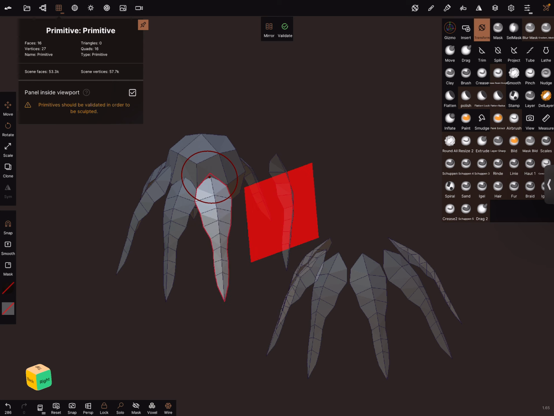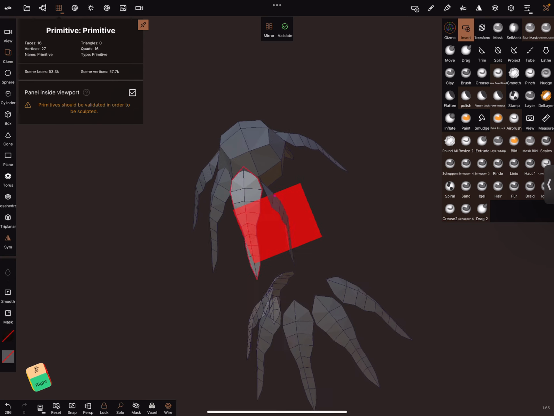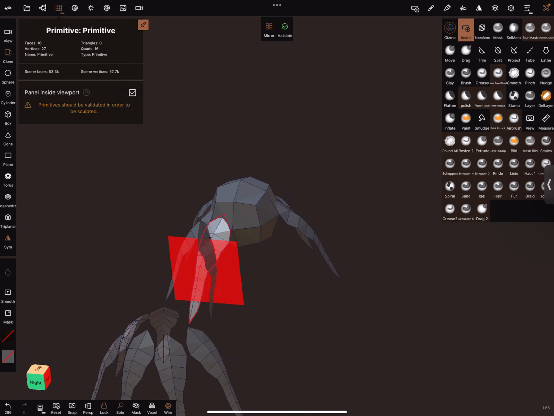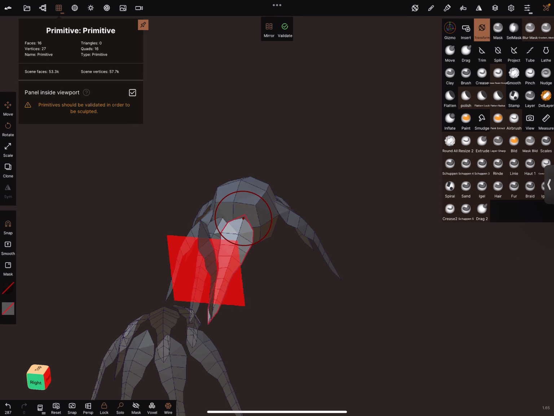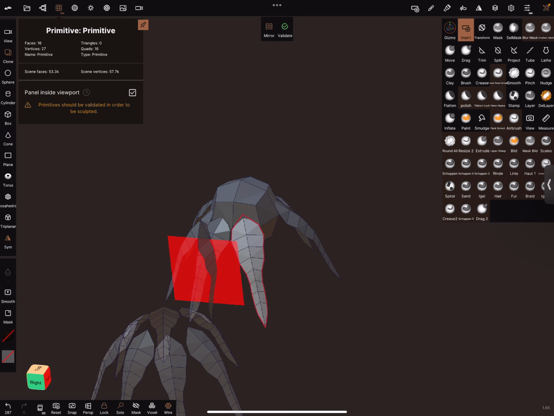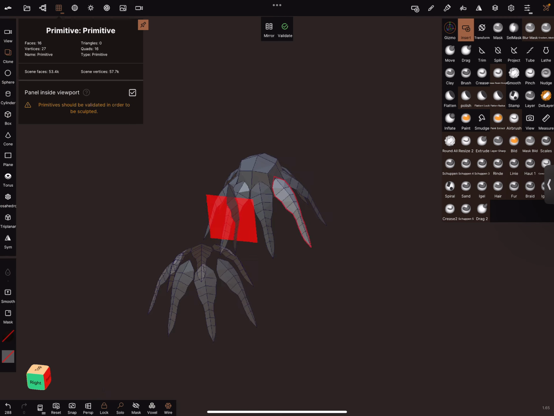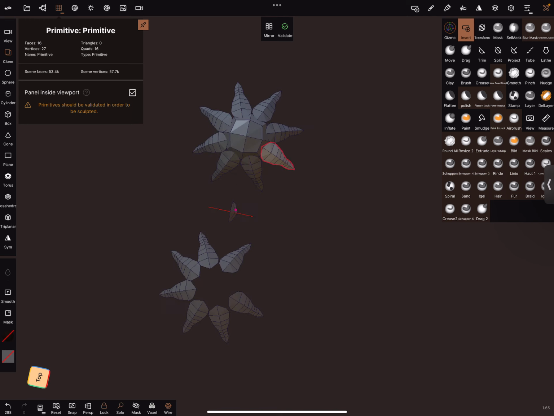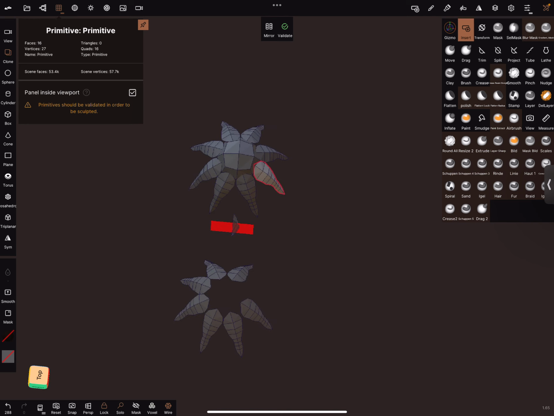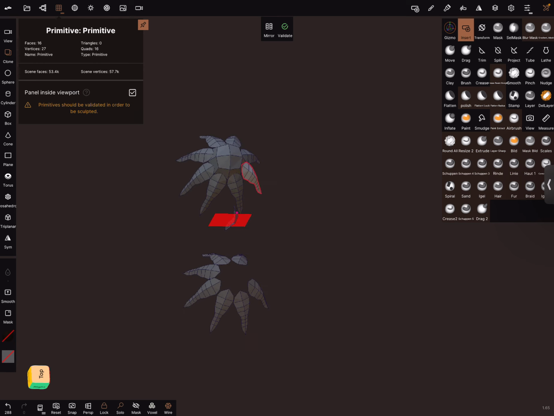The rotation function is not very convenient sometimes. I think we can turn off symmetry. Okay, fine.